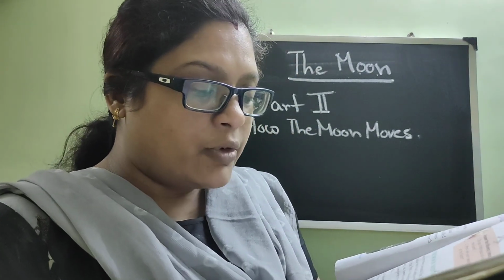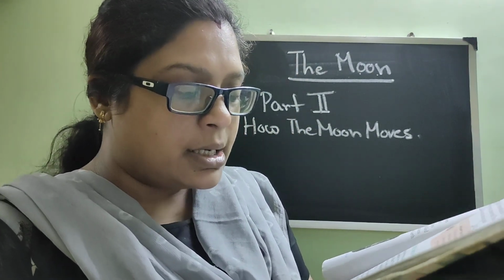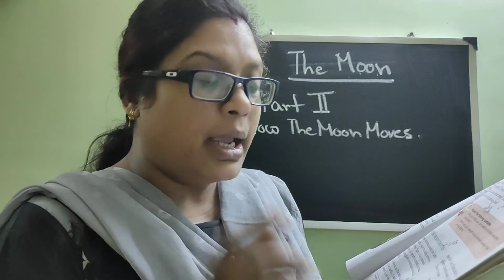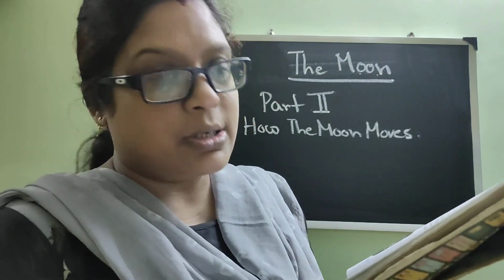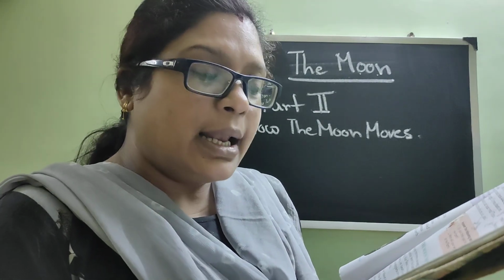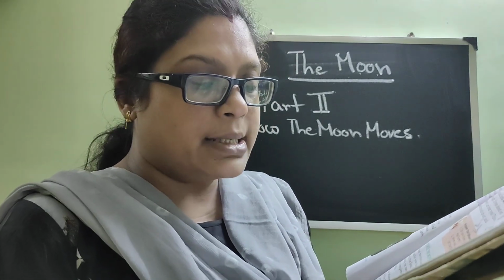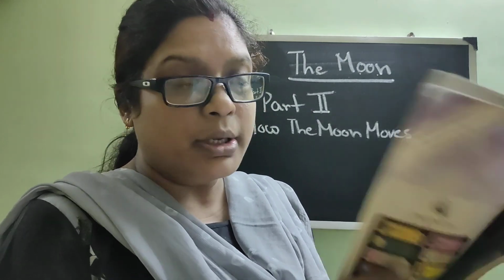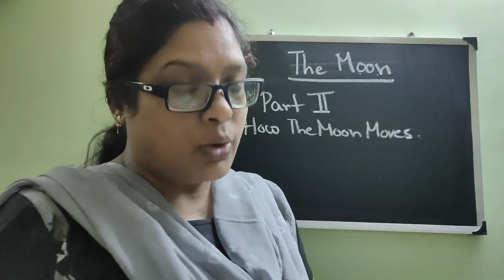The moon is the only natural satellite of the earth. A satellite of a star or planet is an object that goes around the star or planet. So the object which is roaming around the star or the planet is called its moon or satellite. Natural satellites of planets are known as moons. The earth has only one moon. We know it, the name is moon and it is only one.